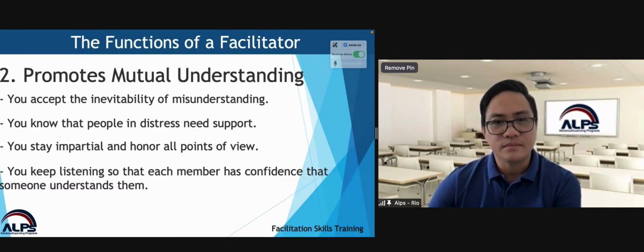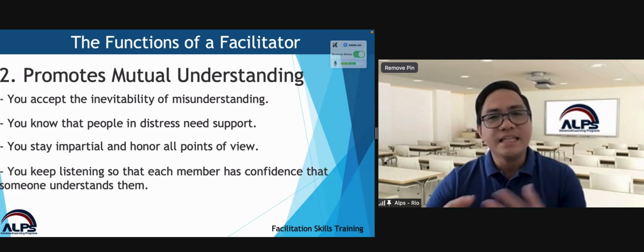Now, it's your role as a facilitator to make sure that others also speak up and share their thoughts so that we would be able to see the other side or what others are thinking. Okay, so that's the first role of a facilitator, to make sure that everyone participates. Now, moving on to the second role, mutual understanding. So, a facilitator,